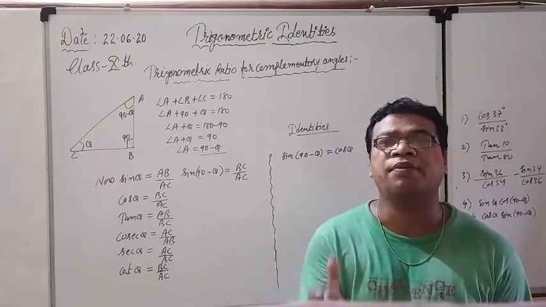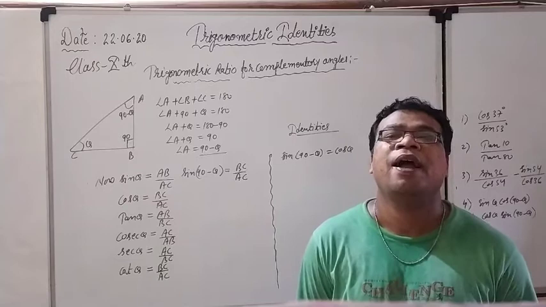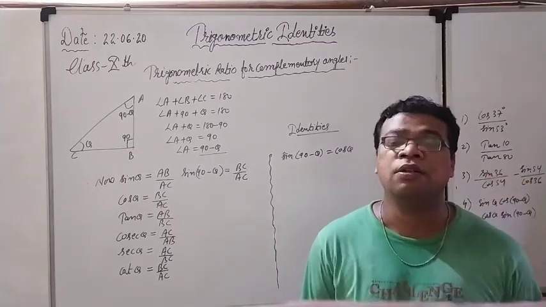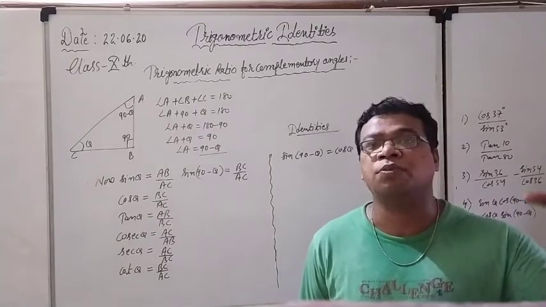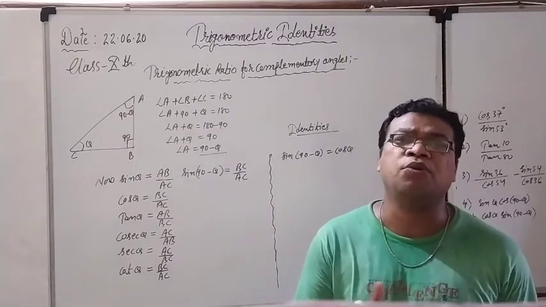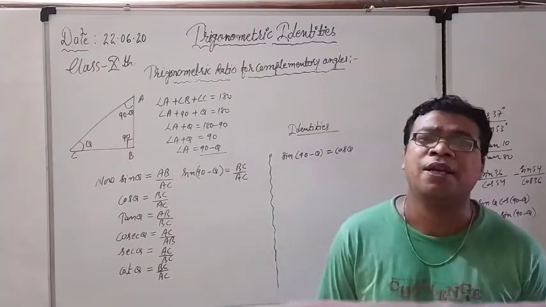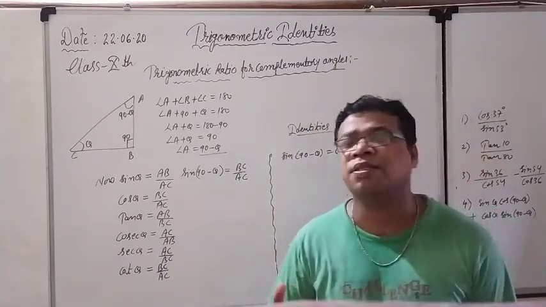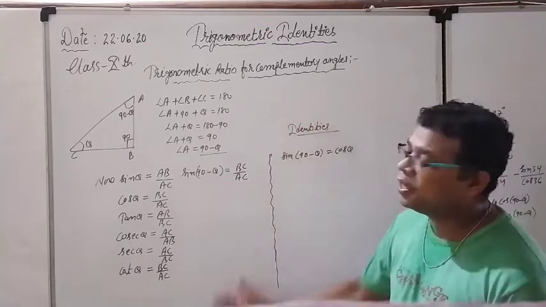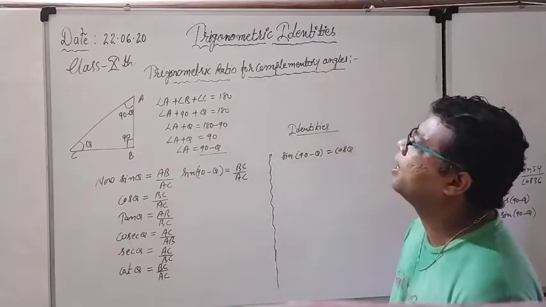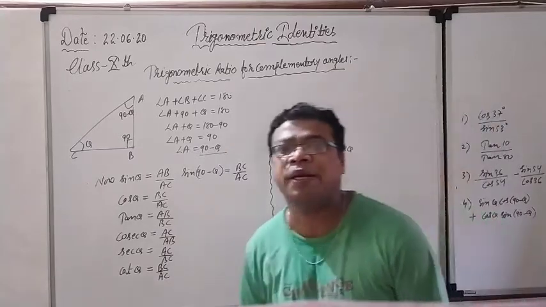We saw the derivation of these 3 identities, and we solved around 13 questions based on these identities, and some of the questions were of the prove-that type. Right now, in the same series, some more identities are also there, which are related to trigonometric ratios for the complementary angles.